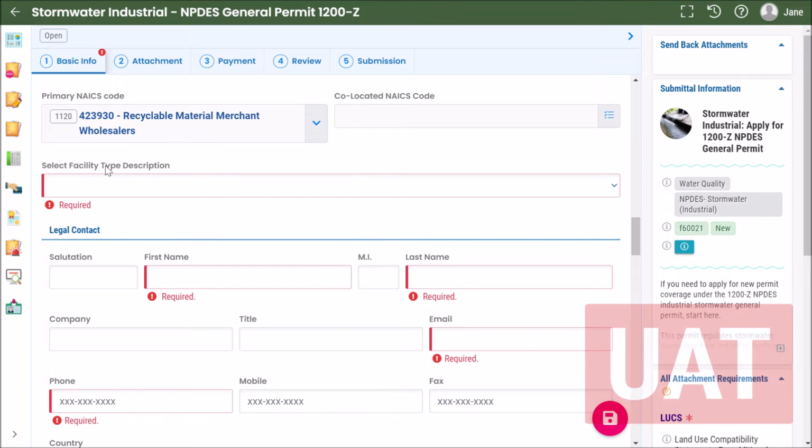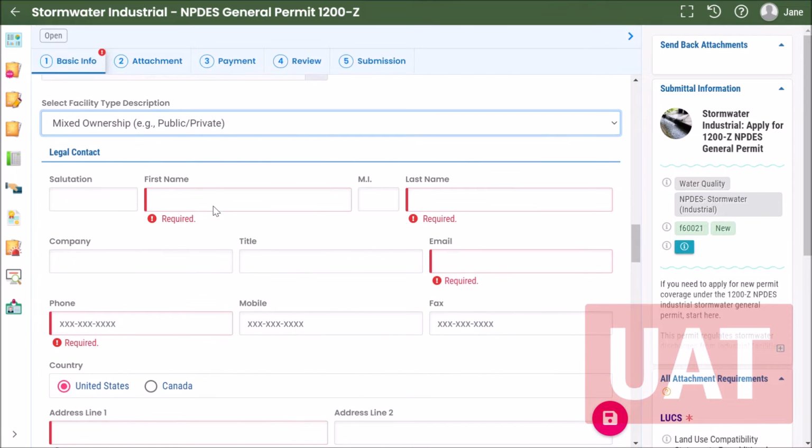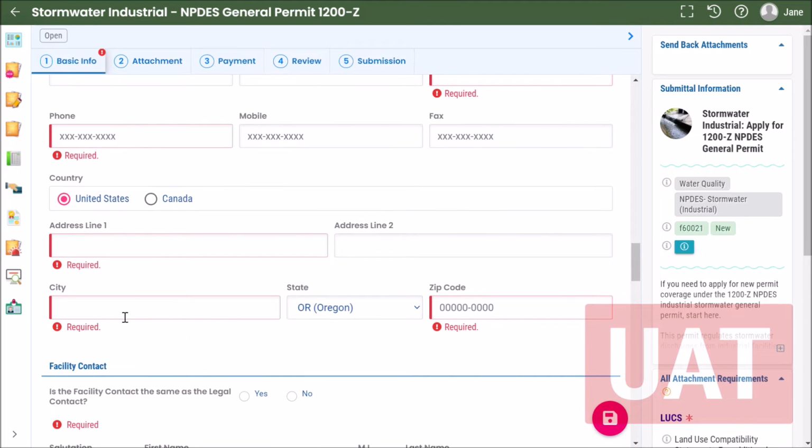From here, you'll select the facility type description using this drop-down menu. I'm going to select that this is a mixed public and private facility. And then you'll enter your legal contact information, your facility contact information,